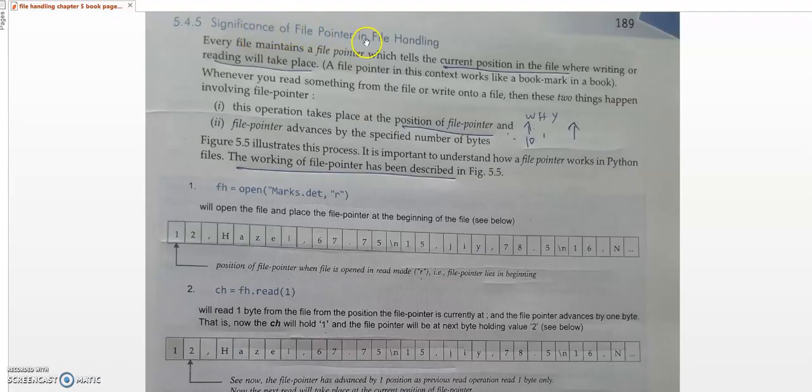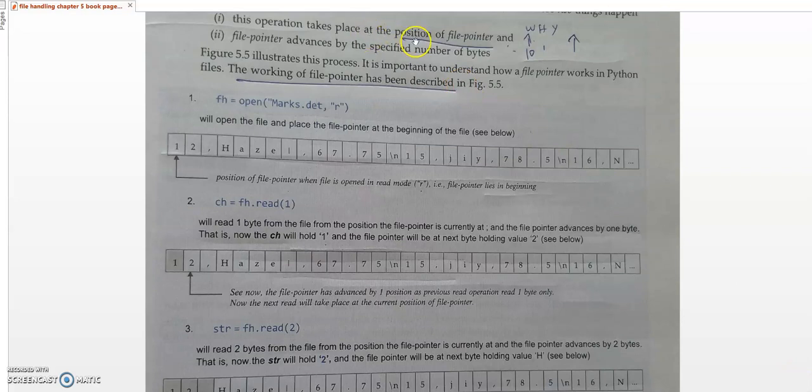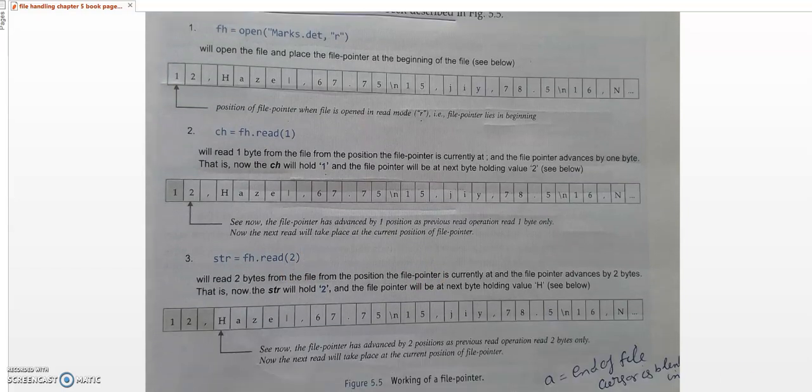Significance of the file pointer in file handling. First I am opening the file in read mode. While opening, the file handler points to the first position. But after reading the first character, the file pointer moves to the next position. So the file pointer indicates the position of where we are. Once again, I am reading 2 more characters, so the file pointer moves after reading those 2 more characters. First I read the first character, then I read two more characters, then so